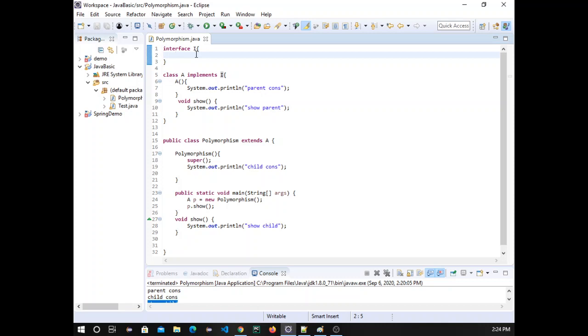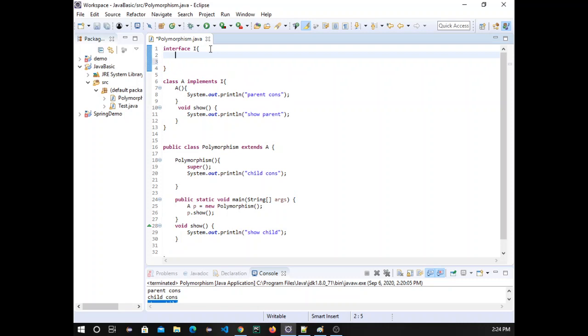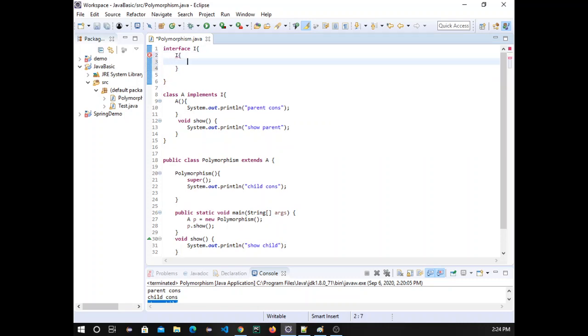In interviews they want to know what you know about interfaces. The first line of this constructor will call Object, because an interface doesn't have a constructor. You can't create a constructor inside an interface, because what is the use of a constructor? A constructor is used to initialize the variables and parameters.